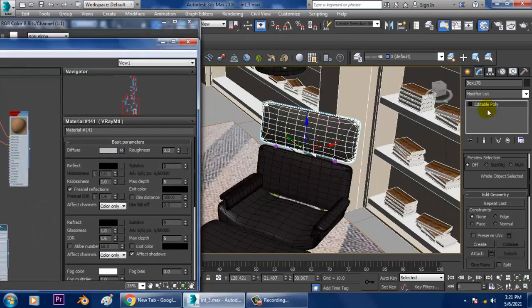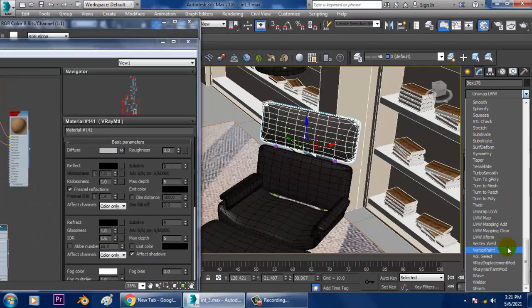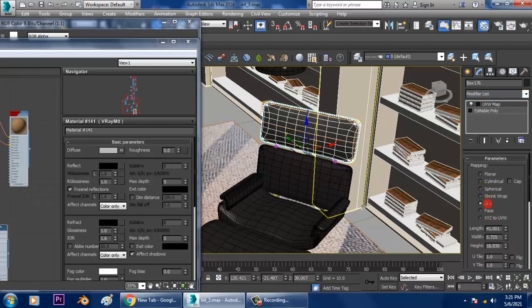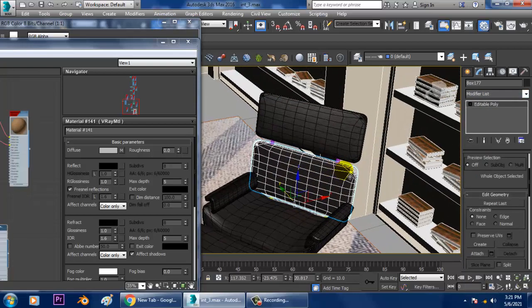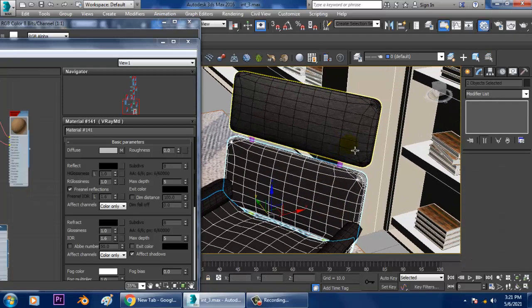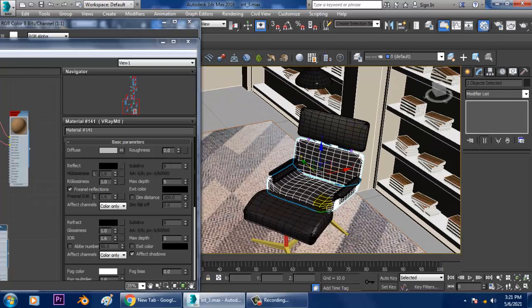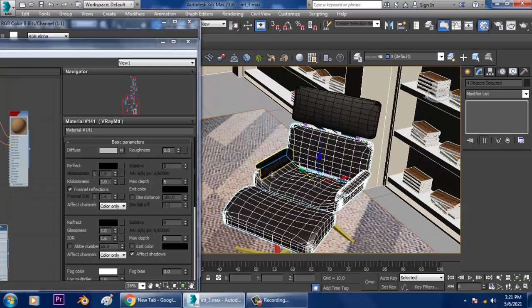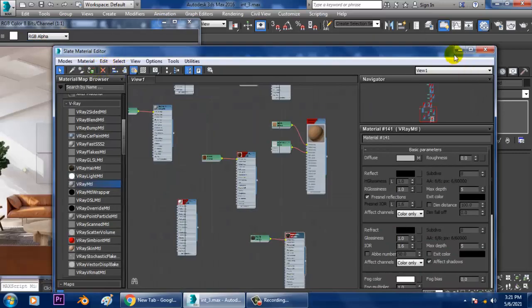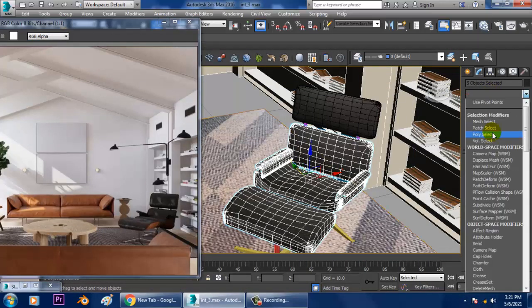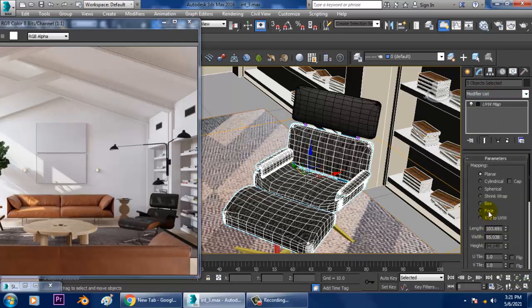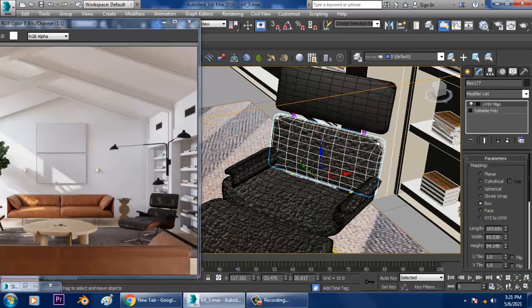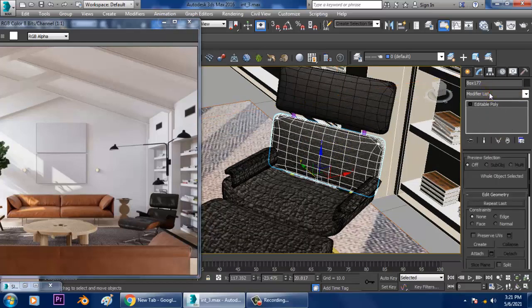Once you have assigned it, you can go into this and give a UVW map, so we can easily assign the leather texture to all of this. Let's select this and assign it. Give a UVW map. We can give a UVW map individually, which would be much better.